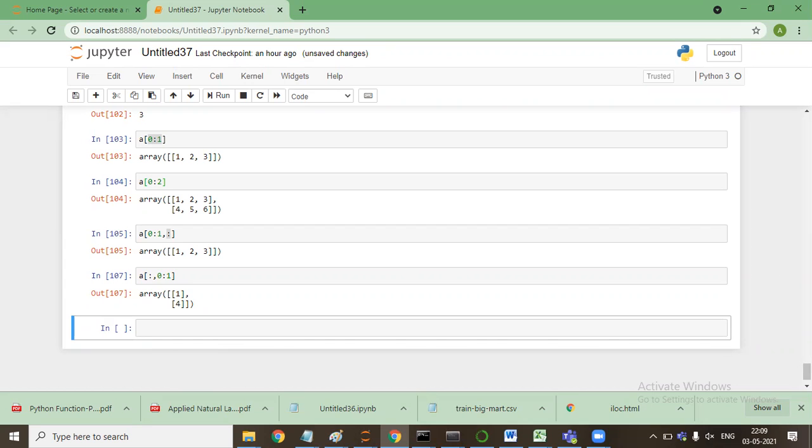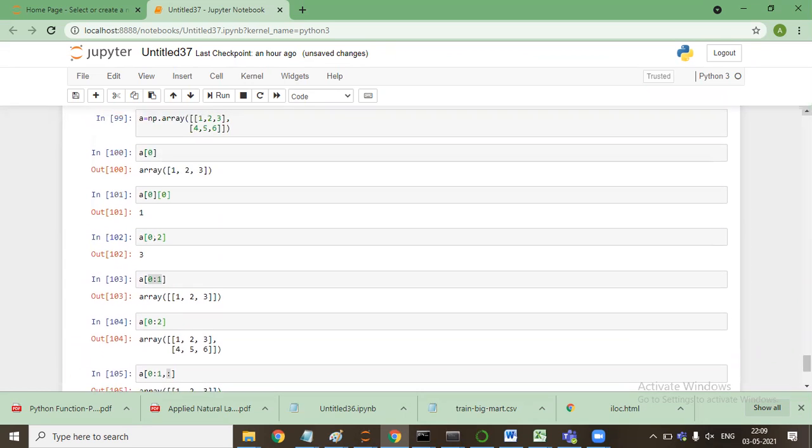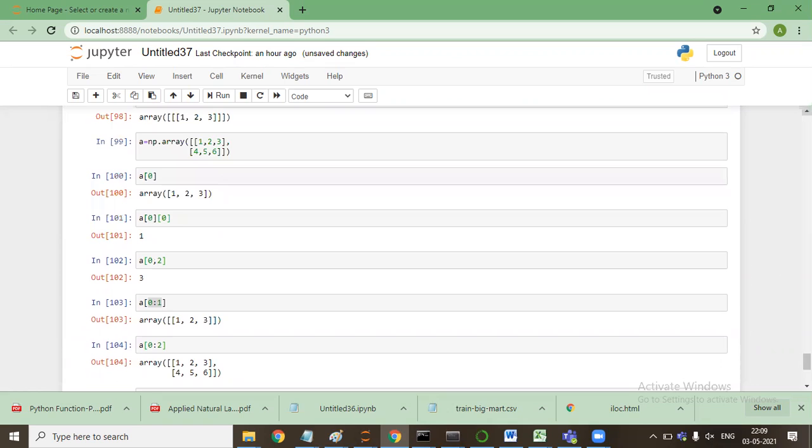So the thing is, we have been going with slicing of the NumPy array, the same thing that we have seen with pandas, like the way we have used .iloc and .loc. Same is the thing that we have been trying to do with NumPy array. So in NumPy array, the same format is being followed.